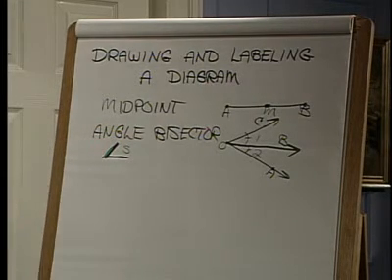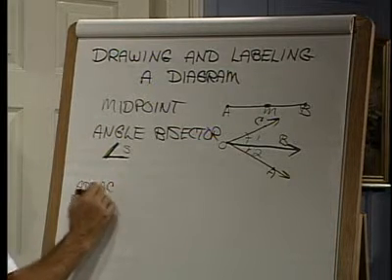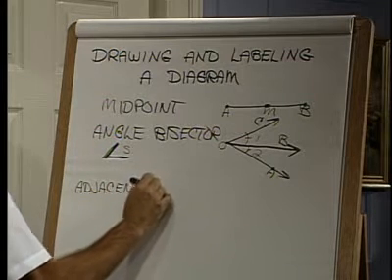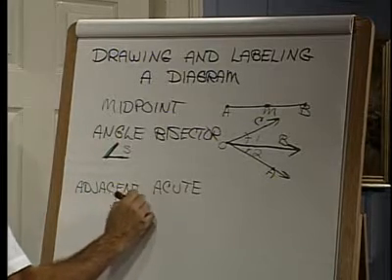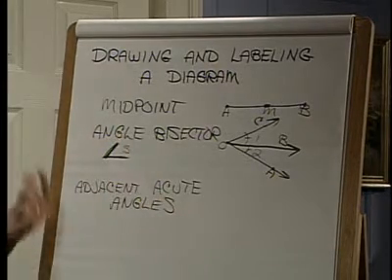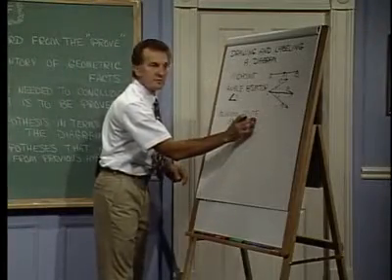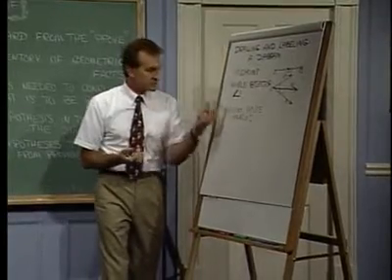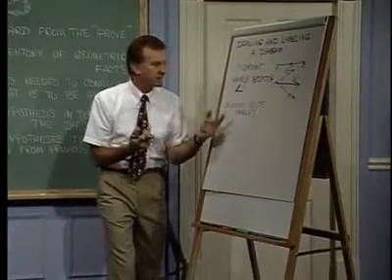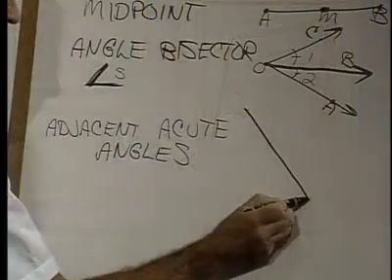If they talk about, in the given, something about adjacent acute angles, well, this puts some words together we've already discussed. The word adjacent means that they're next to each other. They share a common side, as well as the common vertex. The word acute refers to angles that are between 0 and 90 degrees. So those have to be analyzed, and you think through logically, how am I going to make these angles? Draw them so they are, first of all, adjacent angles,